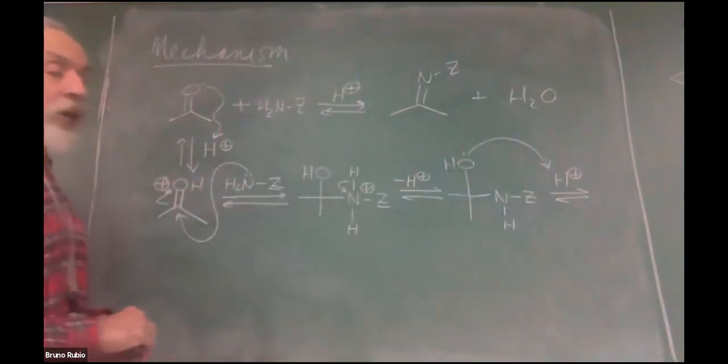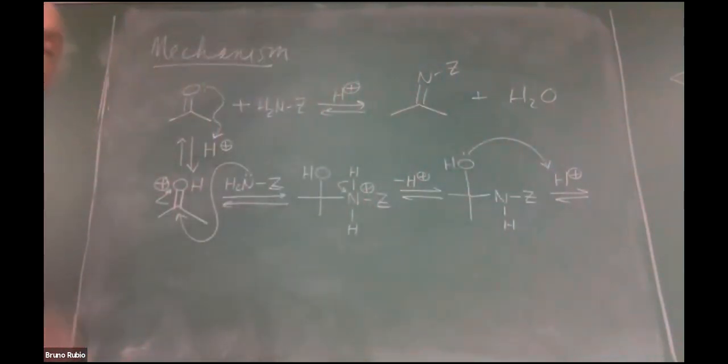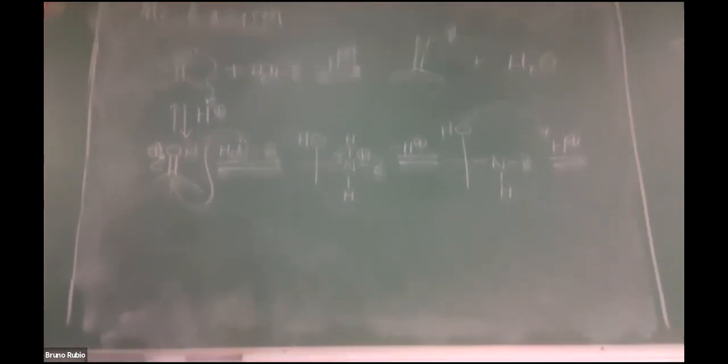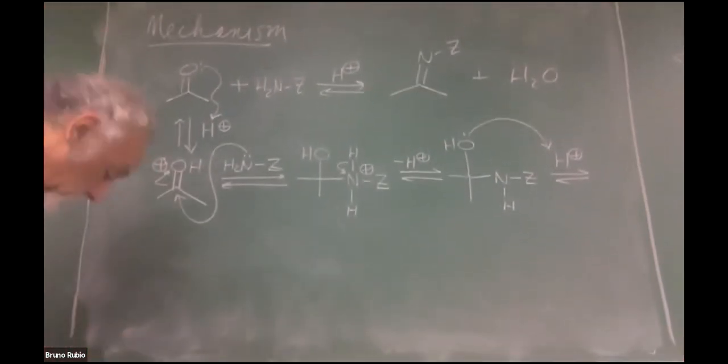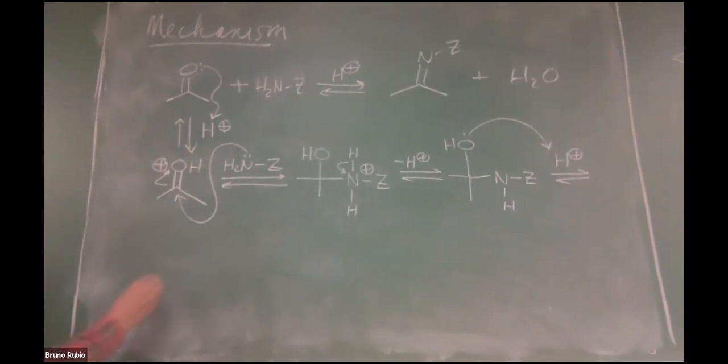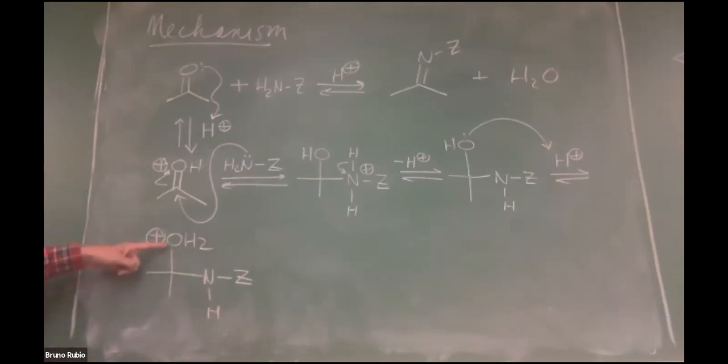It's going to be this protonation on oxygen. Okay, so down here we have this intermediate here where that oxygen atom has picked up that proton and has now become positively charged because oxygen,